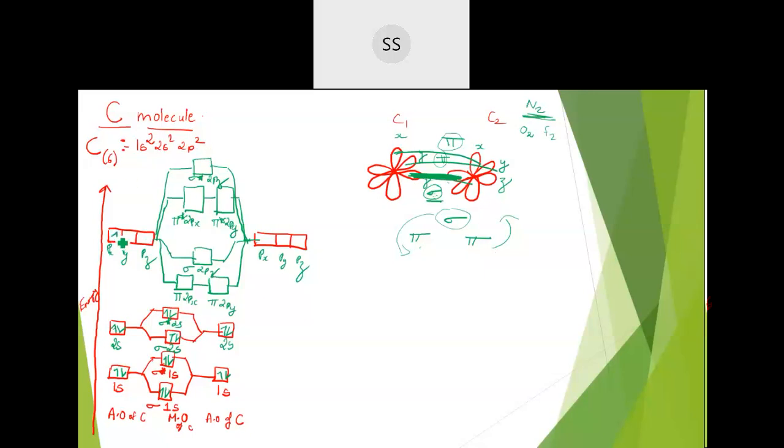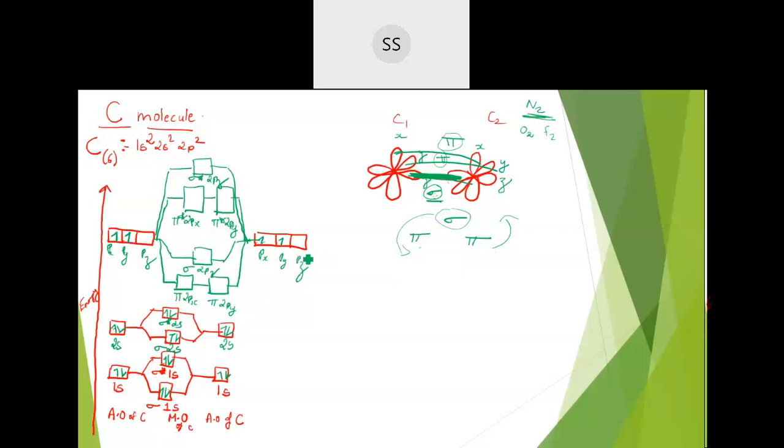There are only 2 electrons, and you know that according to Hund's rule, first they should be singly occupied. So put 1 electron each. One we will put in px, one we will put in the py. Here also same. Px will have 1 electron and py will have 1 electron. Okay, altogether there are 4 electrons. So those 4 electrons you have to fill. But how will you fill that? See, be very careful when you are filling.